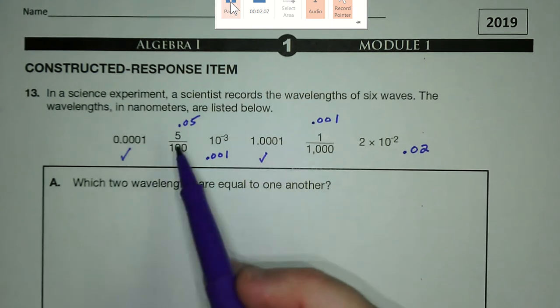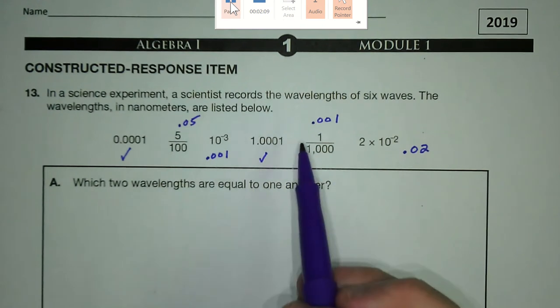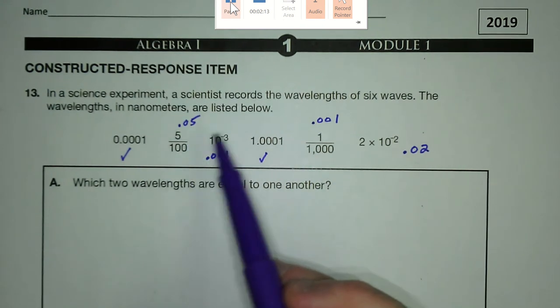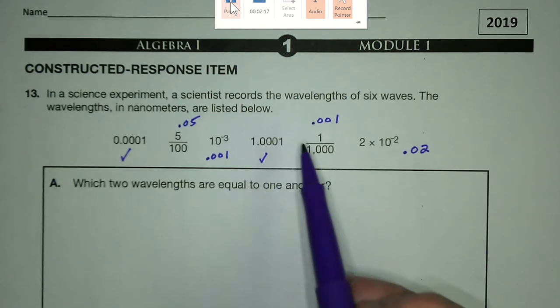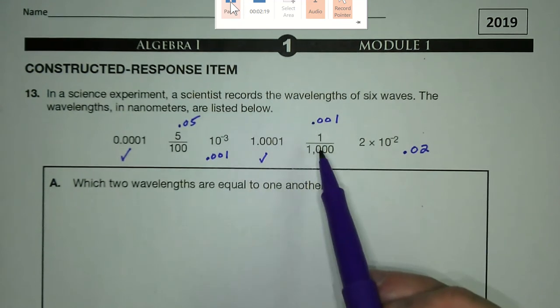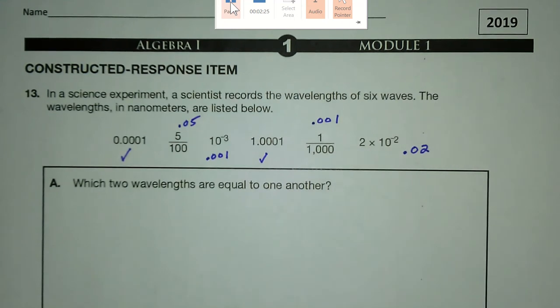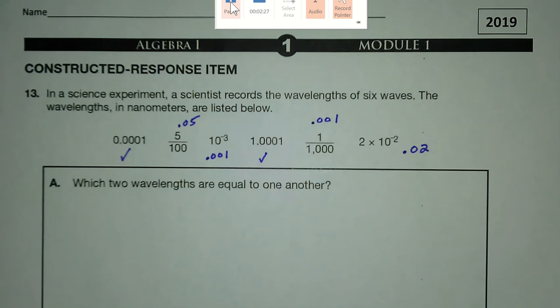So obviously by now you've noticed that these 6 wavelengths are given in different forms. This one's just a decimal, this one's a fraction, this one is a base to a power, another sort of decimal type number, another fraction, and then a number that's technically in scientific notation. So cutting to the chase here,